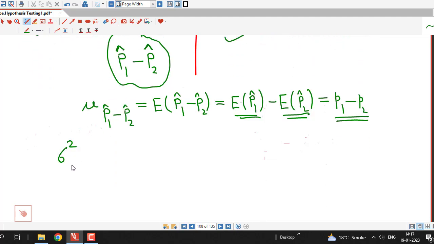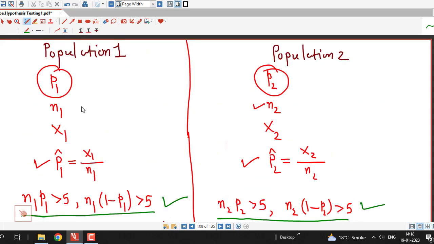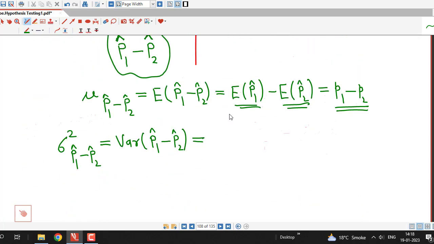Similarly, we can write the variance of the difference between sampling distribution of sample proportions. This we can rewrite as variance of p1 hat minus p2 hat, and here we assume that these two samples which we are selecting from both the populations are independent. So if we have independent samples, then this we can write as 1 square, that is coefficient of p1 hat, into variance of p1 hat plus coefficient of p2 hat, that is minus 1 square, into variance of